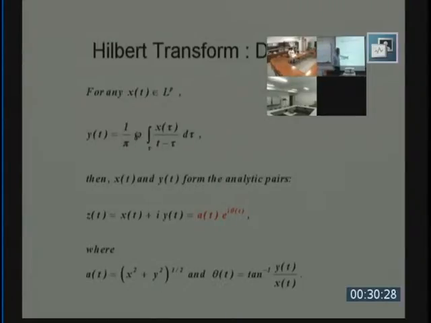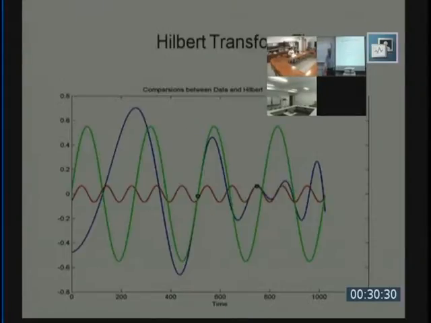amplitude as a function of time, theta as a function of time. And the result is something like this. Suppose we have data like given by this blue line, yeah? And if we pick up a point like here, and we go through Hilbert transformation, what will we get? We will then immediately indicate that the local amplitude is this much, and the local period is that